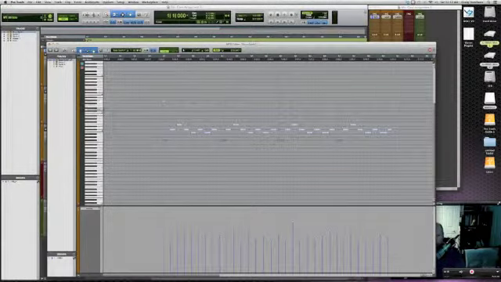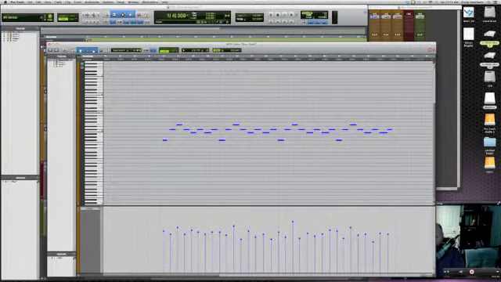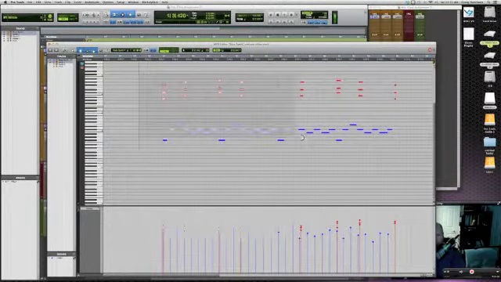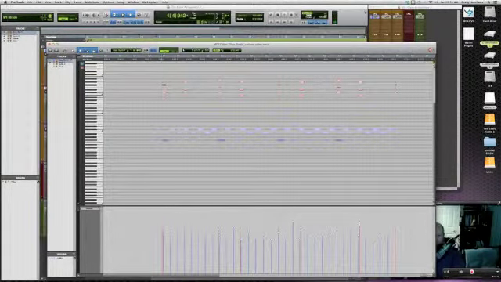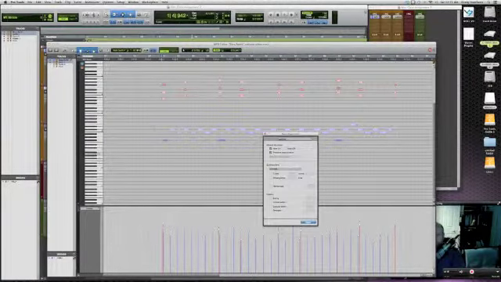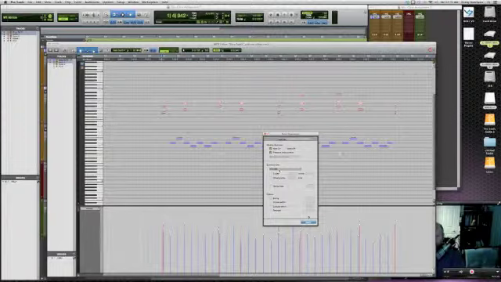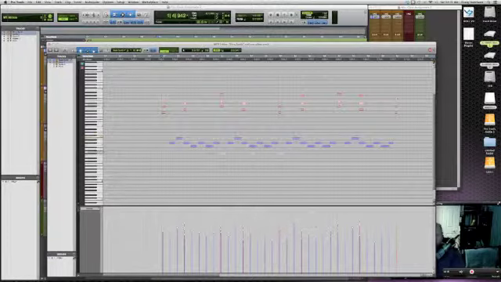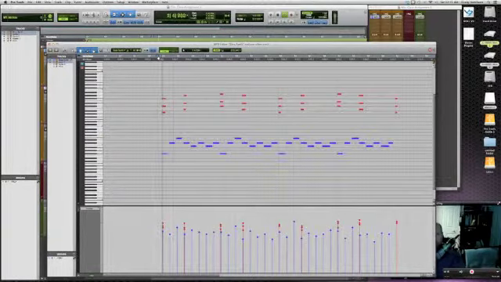If we double click, we open that wonderful piano scroll window. And if I click outside, we can see that all the bass notes are blue. I know that I'm going to quantize both parts, so I'm going to show both parts, and I can do that by clicking on this wonderful little bubble next to Synth 1. And if I highlight all of that, come up under Event Operations, and Quantize, I can choose to quantize an 8th note, which is exactly what I want. Apply, and as you just saw, everything aligned over. And now if we listen,